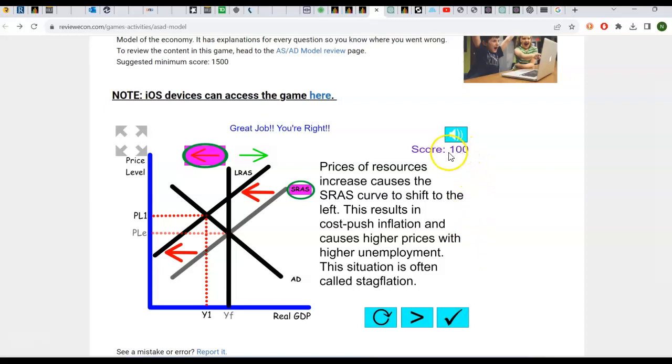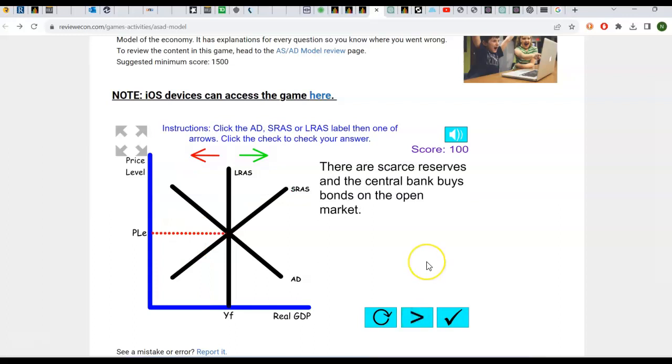And every time you get one of the questions correct, you're going to see your score going up, and this site increments by $100, or 100. You can say I'm an economist there, on 100 points. And then I would just click the forward arrow to move to the next question. Okay, so you would work through all the